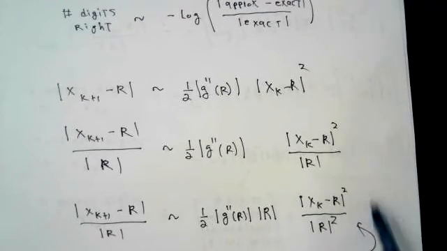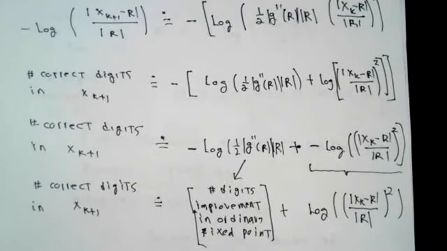This last fraction is the square of the relative error at step number k. Having done that, we can do exactly the same negative of logarithm of quantity trick that we did before,